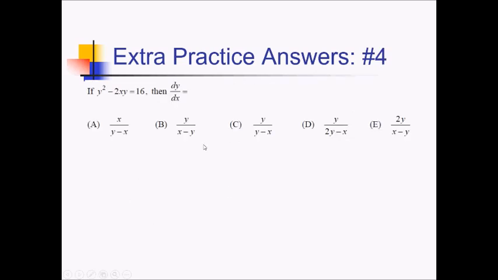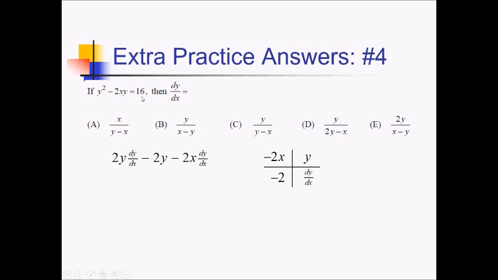On this problem, I want the derivative of this curve. I'm going to have to use implicit differentiation because I can't isolate y. So going from left to right, derivative of y squared, that's going to be 2y with a tail of dy over dx. And then for negative 2xy, I need the product rule. My factors are going to be negative 2x and y. And their derivatives will be negative 2 and dy over dx. Multiplying it out with the ribbon, I've got negative 2y minus 2x dy over dx, and that's going to equal